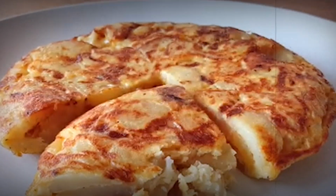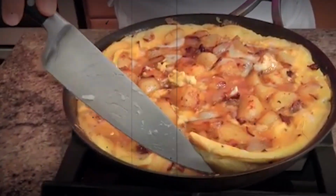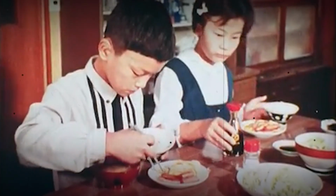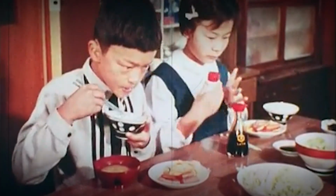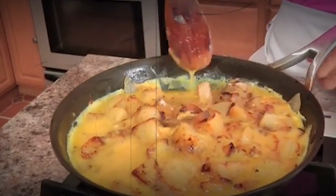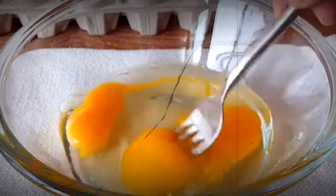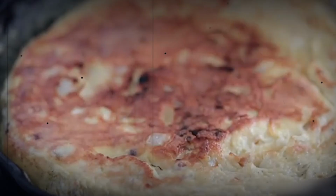not extravagance. Imagine a skillet warming on the stove, where thinly sliced potatoes sizzle gently with onions until soft and golden. These humble vegetables, often left over from dinner or plucked from the garden, form the base of the frittata, soaking up butter or oil and slowly caramelizing to sweet perfection. Then, beaten eggs, lightly salted and peppered, are poured over the top, binding the mixture together as it cooks low